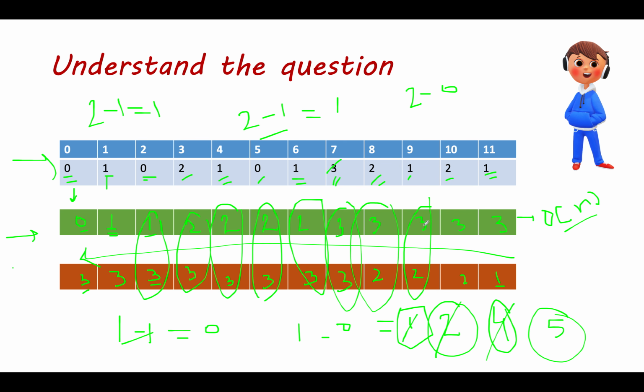Let's continue the process. 3 comma 2, what is the minimum value? Minimum value is 2. 2 minus 1 is 1. 1 gets added to the answer. The total sum becomes 6. Let's move ahead. We have 3 and 2. What is the minimum out of these two? 2. 2 minus 2 is 0. No addition. What is the minimum value out of these two? 3 comma 1. 1. 1 minus 1 is 0. And no addition will happen for the last case as well. What is the total area that you have computed? The total area is 6.